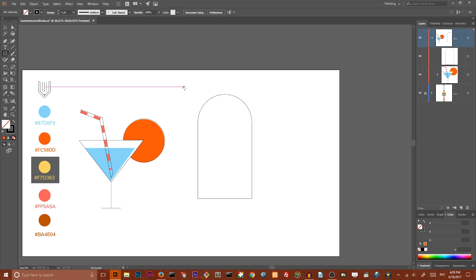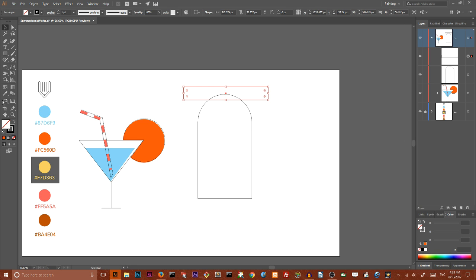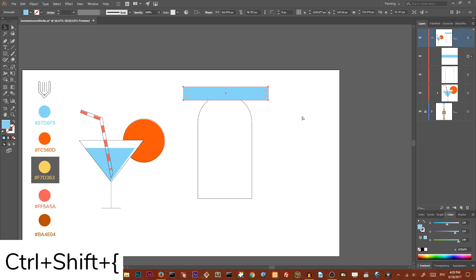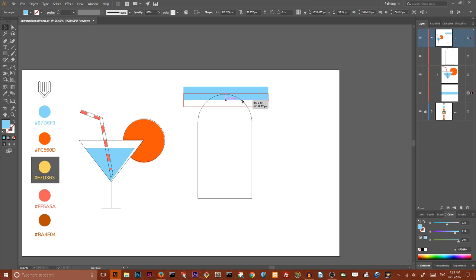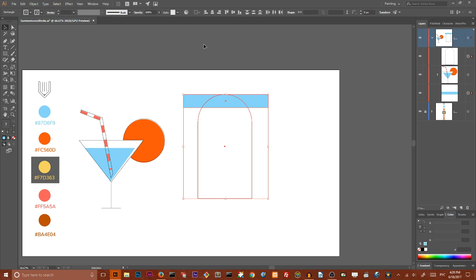Create another rectangle like so here, and give this rectangle this blue color. I want to place this rectangle behind this rounded rectangle, so I want to use Ctrl Shift left bracket for doing this. Then I want to align them properly. I want to use my align to selection and align them to the top, and